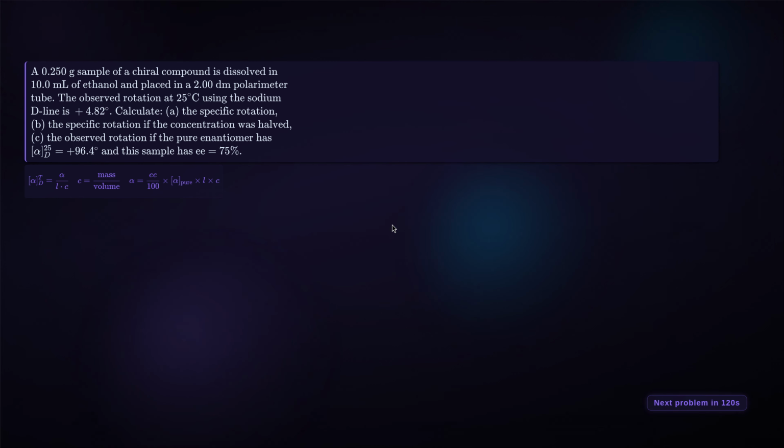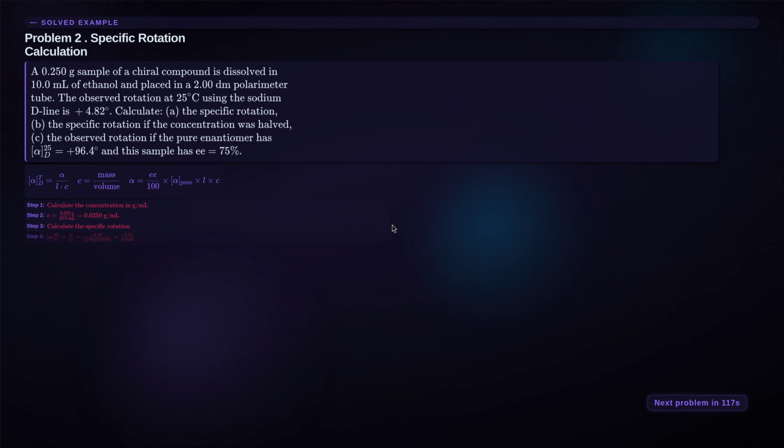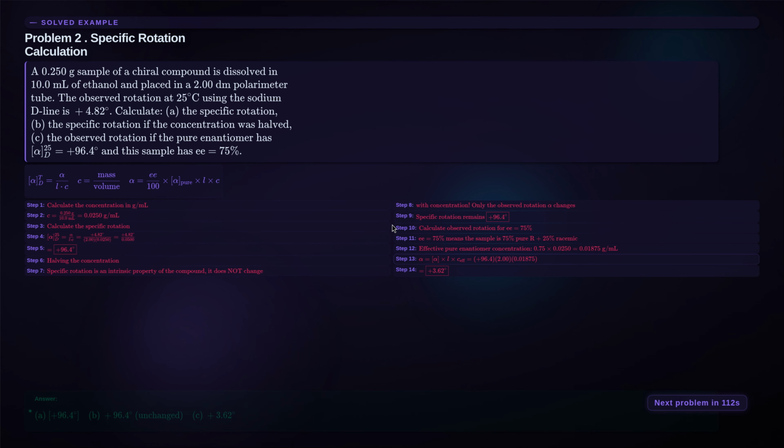Problem 2. Specific rotation calculation. A 0.250 gram sample of a chiral compound is dissolved in 10.0 milliliters of ethanol and placed in a 2.00 decimeter polarimeter tube. The observed rotation at 25 degrees Celsius using the sodium D line is plus 4.82 degrees. First, calculate the concentration. 0.250 grams divided by 10.0 milliliters equals